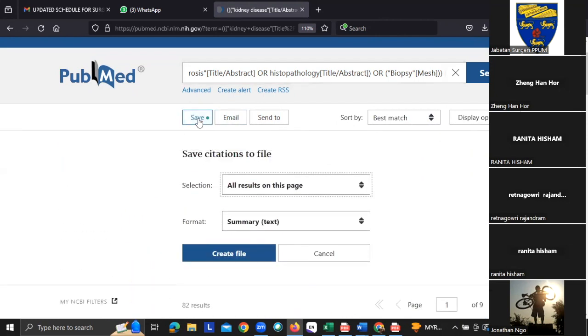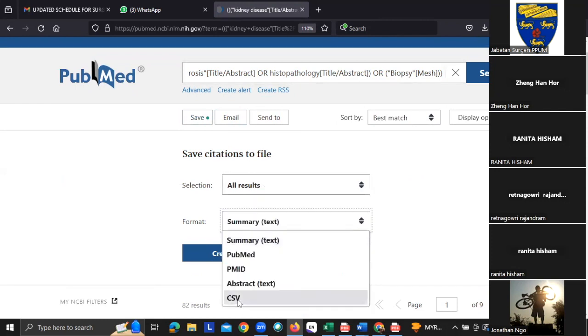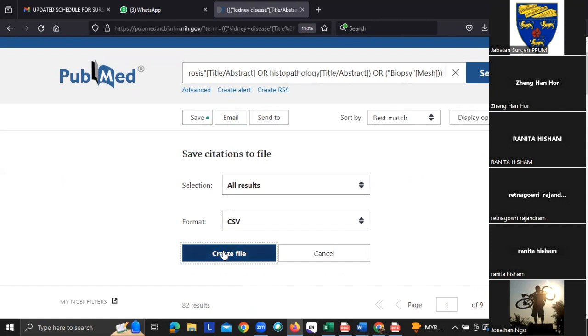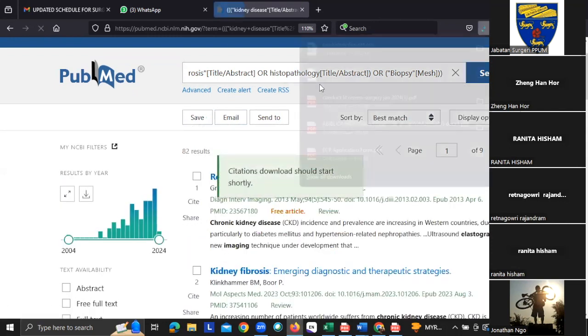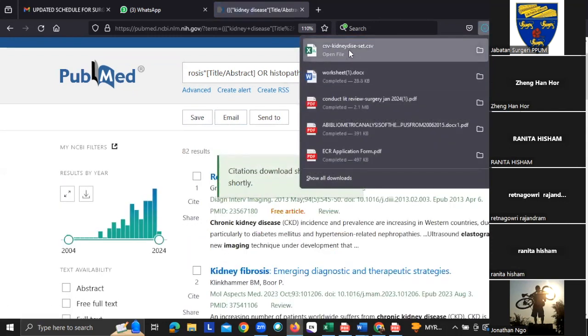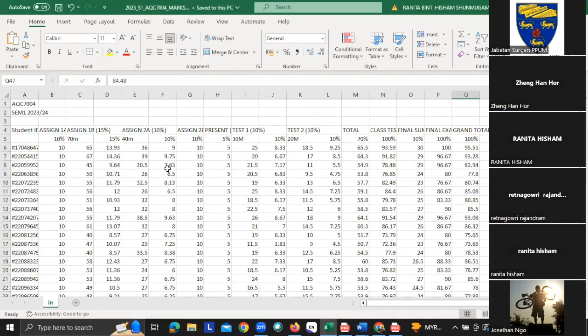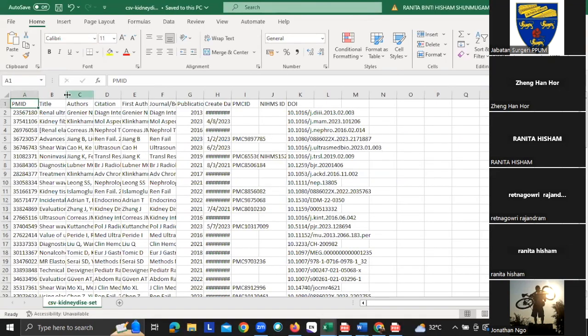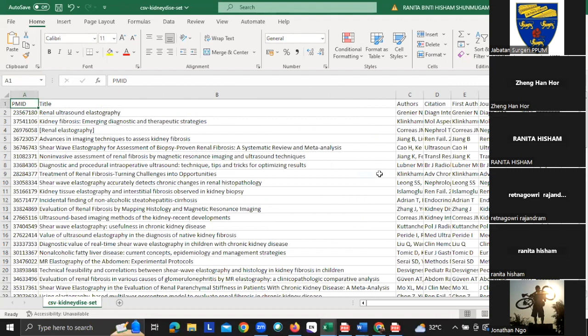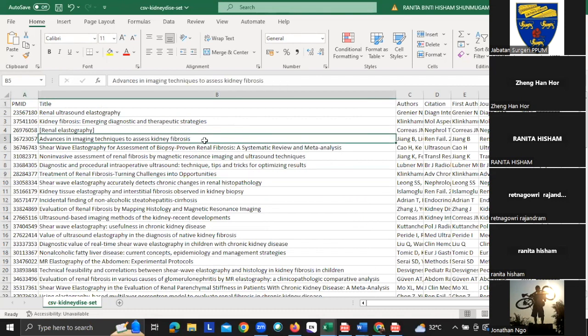So what I will do, I will save this and I will save all results, and then I will save it as CSV. Okay, CSV create file. So you will get an Excel sheet like this. Okay, so your results will be in an Excel sheet like this. So from here, you can actually see